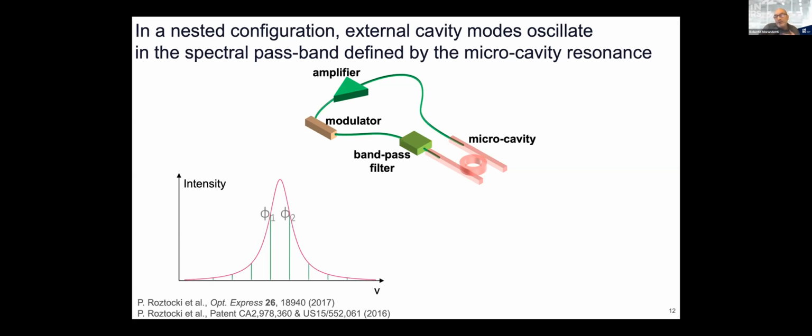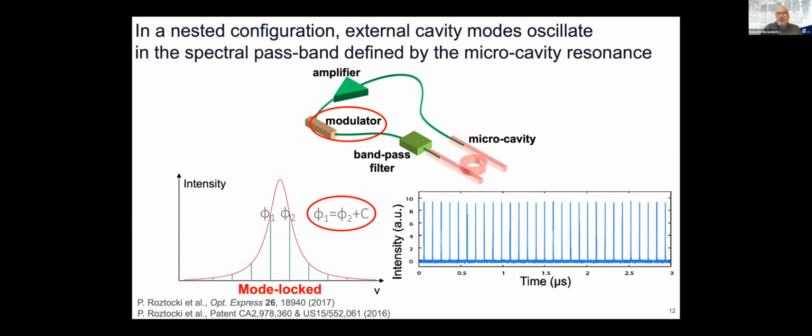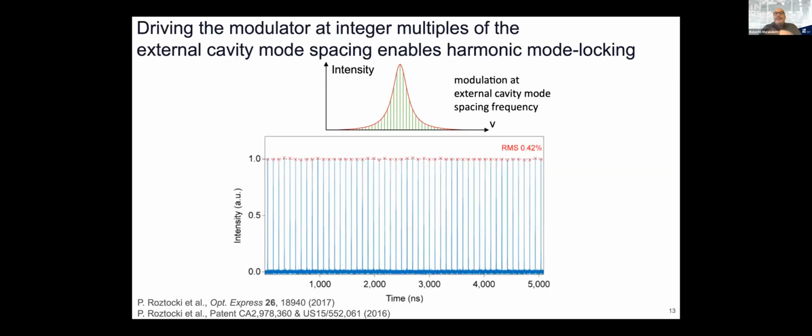And typically these modes are oscillating independently, and that actually gives sort of, we can say, intermittent or chaotic behavior. However, we can use, for example, an active process like an RF modulator to lock this phase together. And then when you have mode lock, you have a nice train of pulses. And that is the kind of measurement that we get out of it.